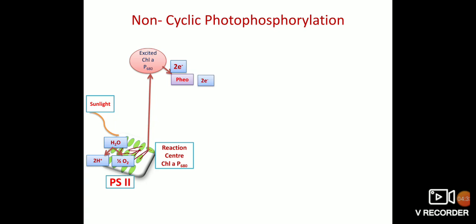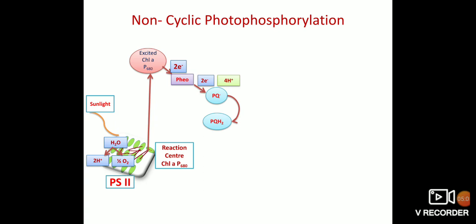This pheophytin then transfers these two electrons to the quinone cycle, in which first the plastoquinone accepts the two electrons from the pheophytin, and simultaneously it also accepts four protons from the stroma of the chloroplast and gets reduced to plastoquinol. The plastoquinol immediately